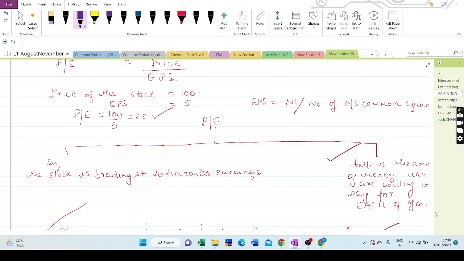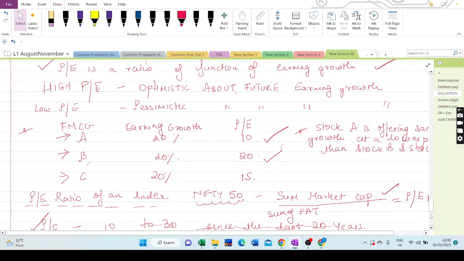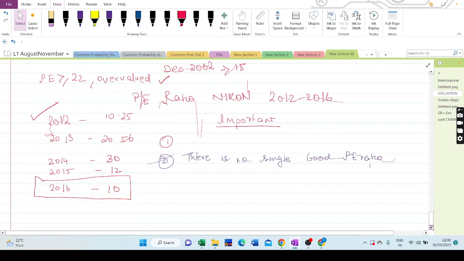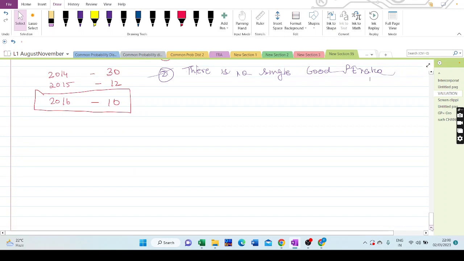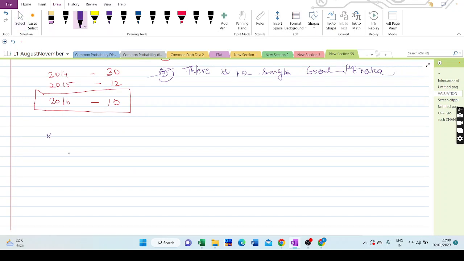Guys, are we good here? Any doubts up till now? Yes, sir. Because PE ratio is a comparison tool. It's used for comparing, right? So you can compare the PE ratio of a stock